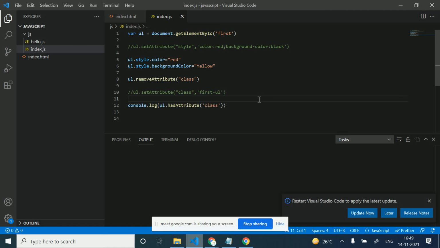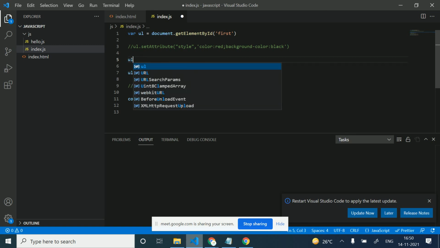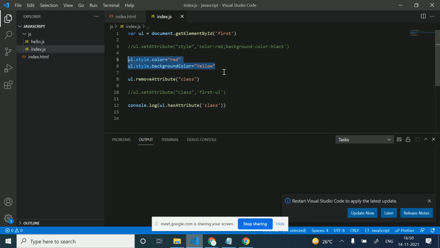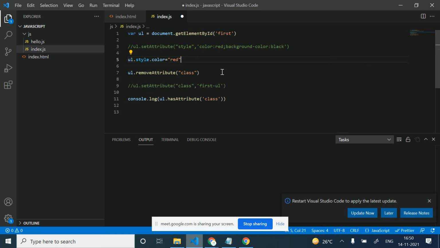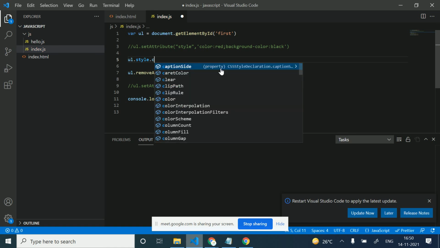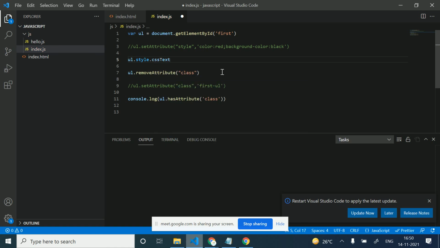Directly, if I want to write it in a single line, like we added color and background color in the same line with setAttribute, I can also do that with ul.style.cssText.